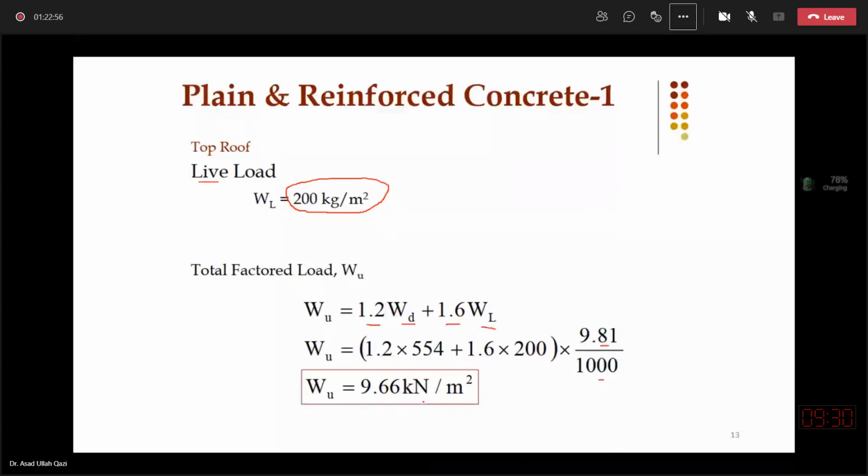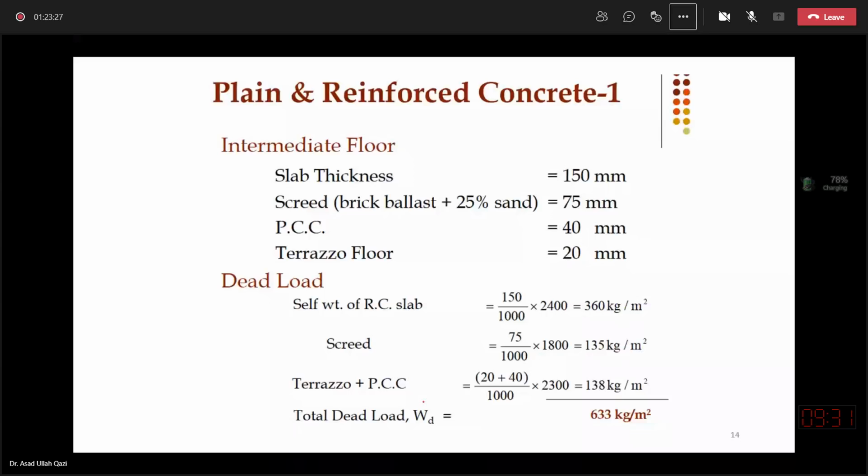ultimate load of around 10 kilonewton per meter square, 9.66 kilonewton per meter square, or around almost 10. In our example problem, we got 11.65 when I selected the slab thickness 150 millimeter, and for intermediate floors, now